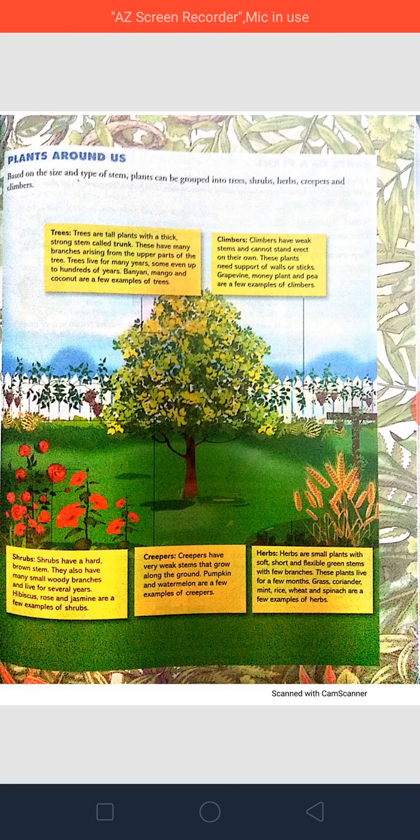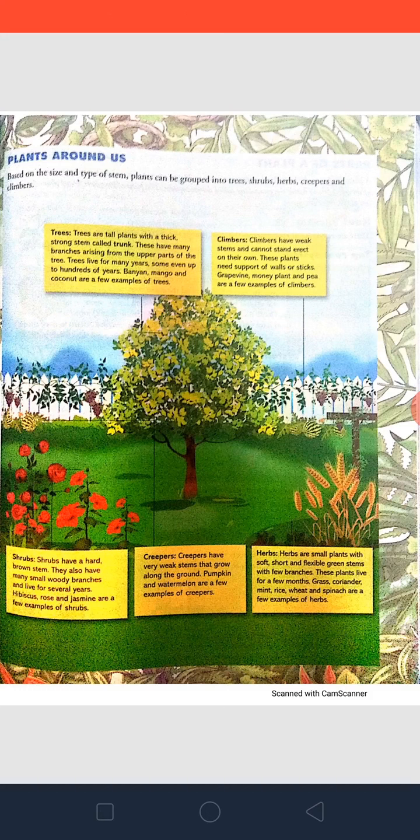Then the second thing you have to observe is their stem. As you have shown me in the video the stem part of the plant, now you have to observe carefully the stem of tulsi, rose and banyan tree. And then you have to tell me whether it is green, whether it is soft, whether it is hard, whether it is thick or wooden, what kind of stem it is. Okay, you have to observe.